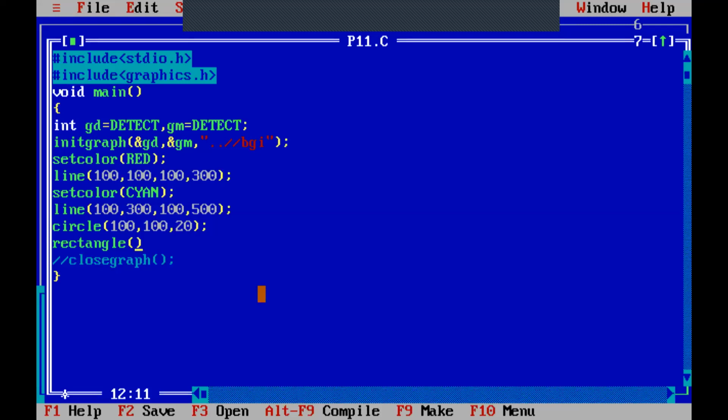So let us have some different values like 200 comma 200.